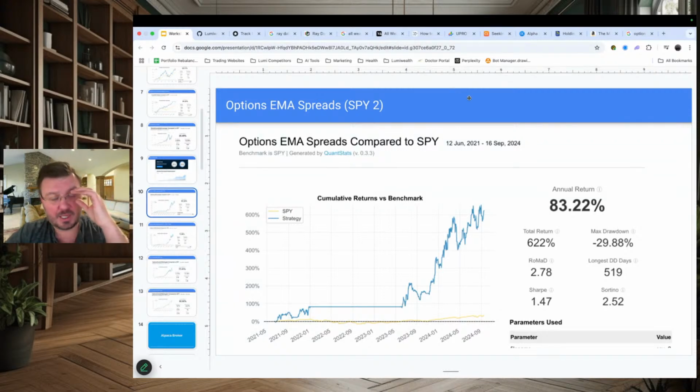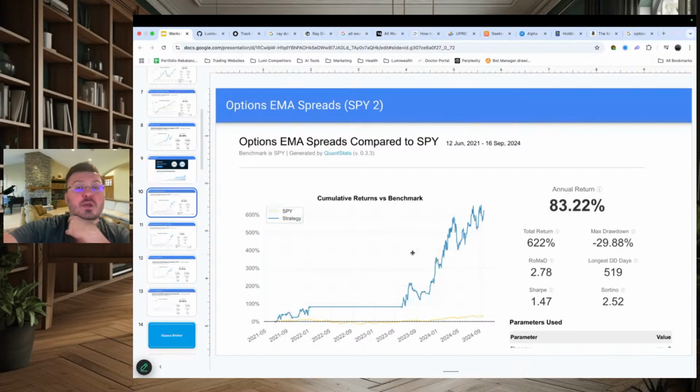We spent a couple weeks on it in our Tuesday classes, as I mentioned. Fantastic place to actually build really, really cool algorithms. And this is what we got when we backtested it. Okay, we backtested this from June 2021 up until September of 2024. And we got a graph that looks like this, right? Very nice upward trending graph. You can see here that it was smart enough to stay away from 2022. Very nice, because the market was not trending up. The VIX was very high during that time period. So it stayed away from that bear market almost completely,